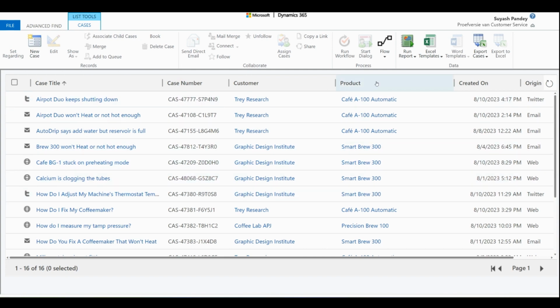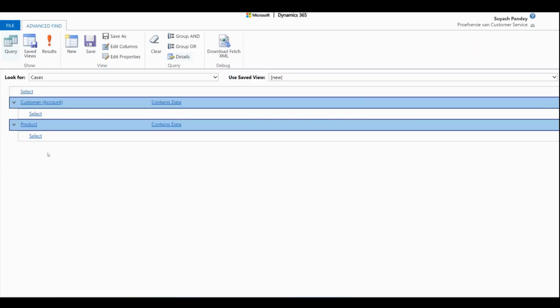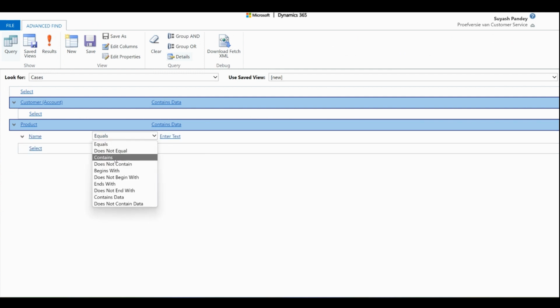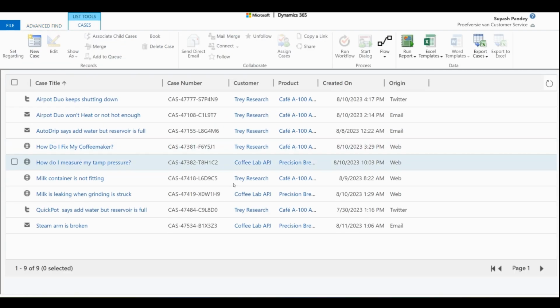For example, I can say, give me all the cases where product name contains 100. And now it will be filtered down to only these,